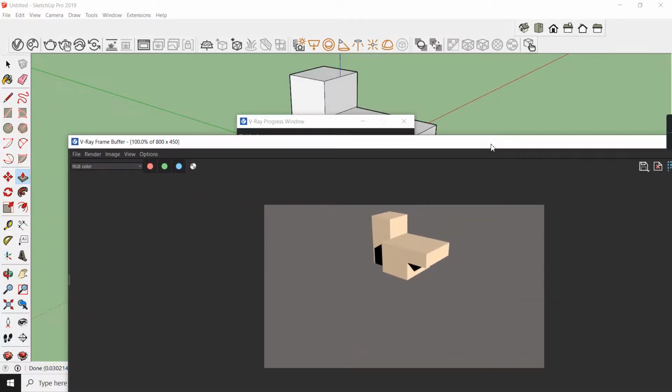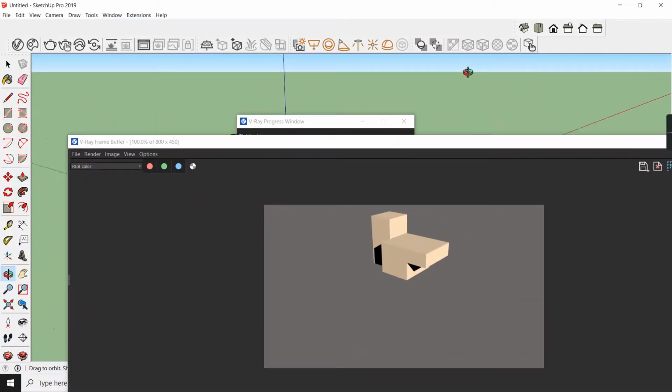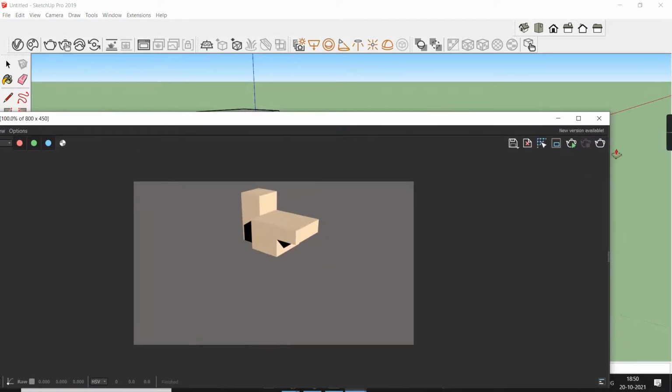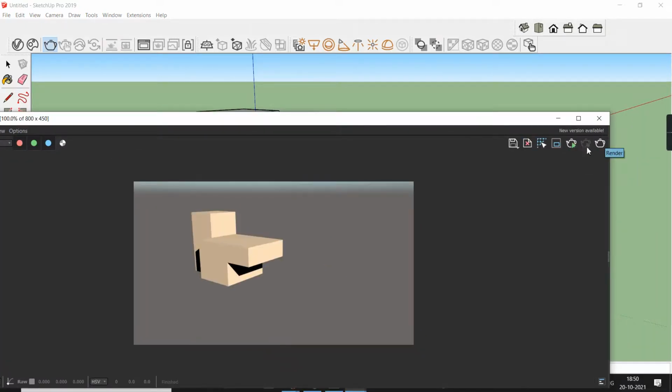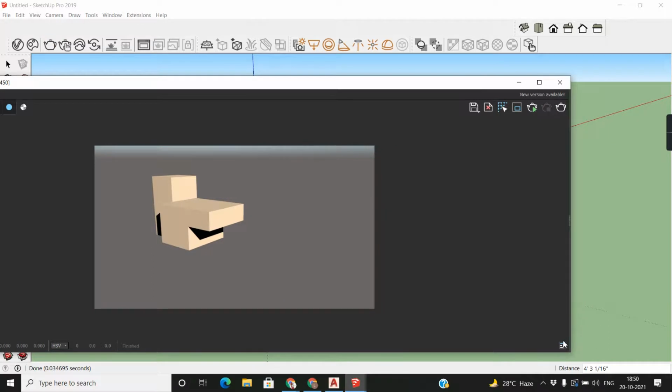See, this is the final render. And if you want to look, just click here and see whether it's done or not. See, this is finished. This information will be provided, and the time of render, show log.